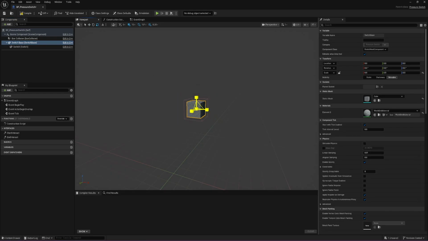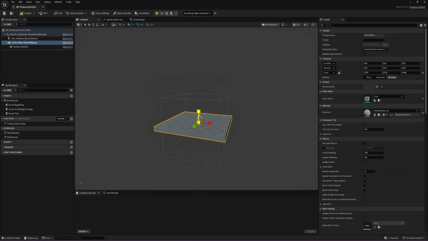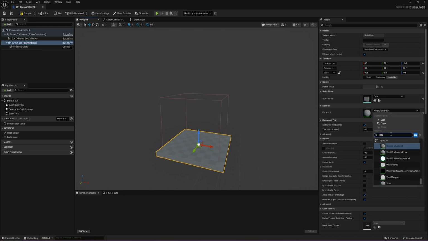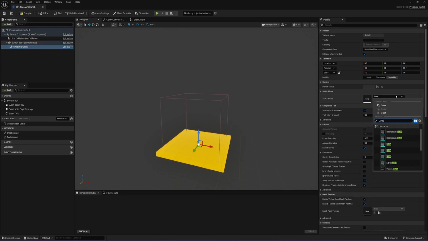Let's make it a bit smaller. Let's change all these values. Snap size 1. This could be 5. And that can be like 0.1. Let's edit it now. Perfect. There we go. About there. Let's change the color. Type in basic. Should come up with a basic material. Or MI cube actually. Perfect. We'll have it yellow. Then we want the same. So we want cube, and then on this one here,